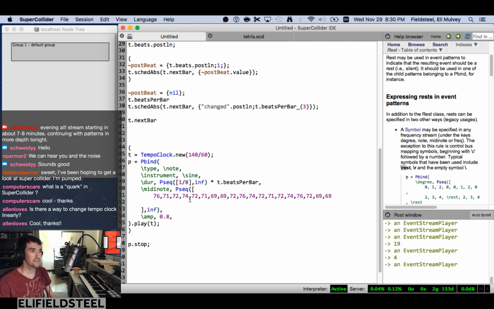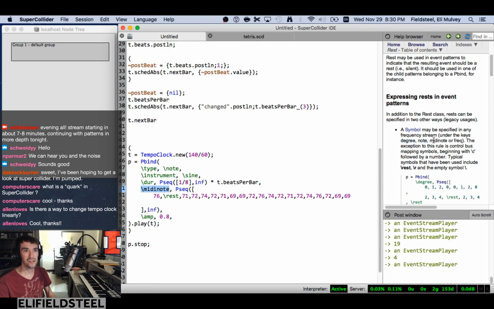So we have, they're all eighth notes, right? But this one's not. It's a quarter note, or maybe you could think of it as an eighth note followed by an eighth rest, right? And we're thinking, okay, hold on, we're specifying a value of the symbol rest for MIDI note. That's surely going to give us an error message, but no, it's not, because in all of these frequency patterns,